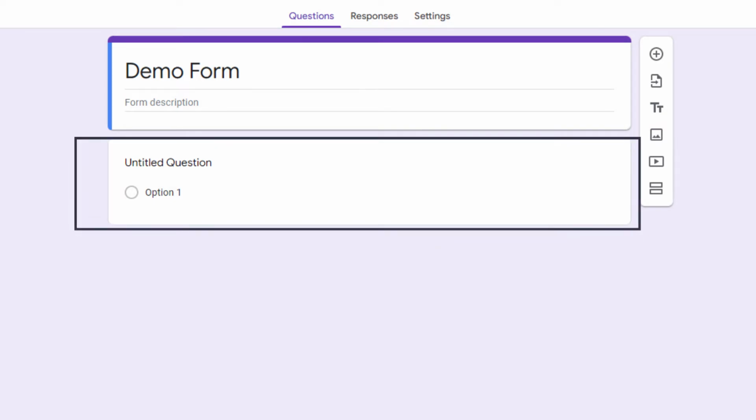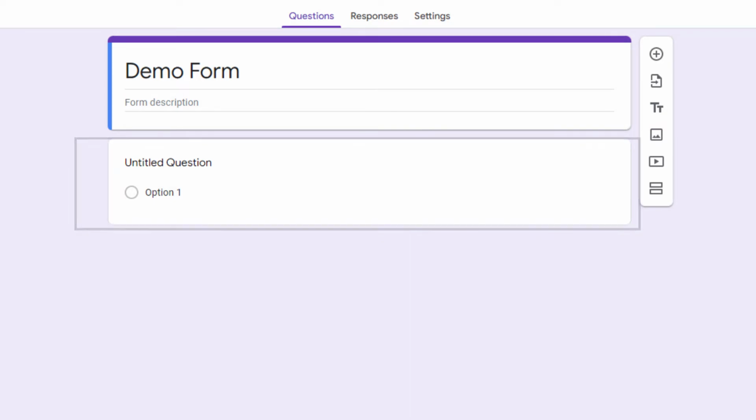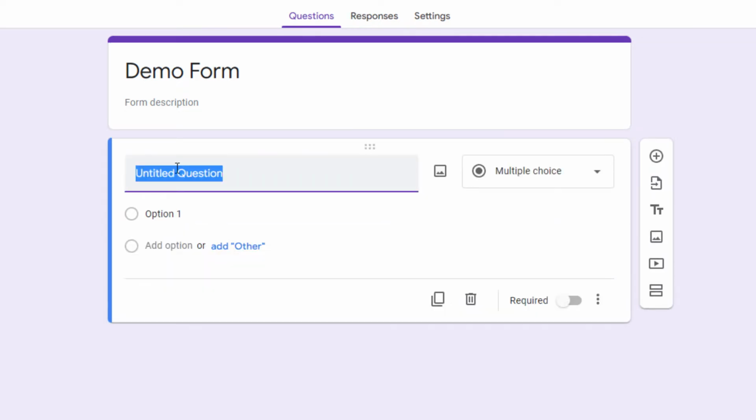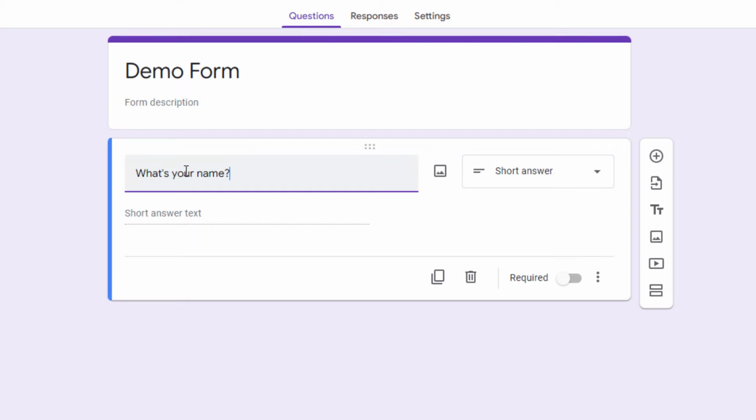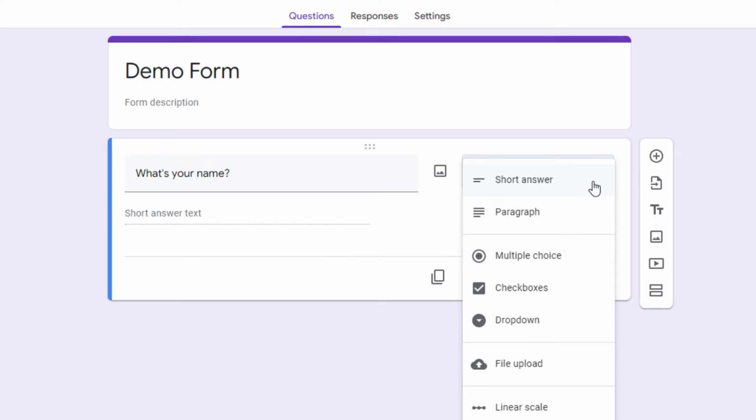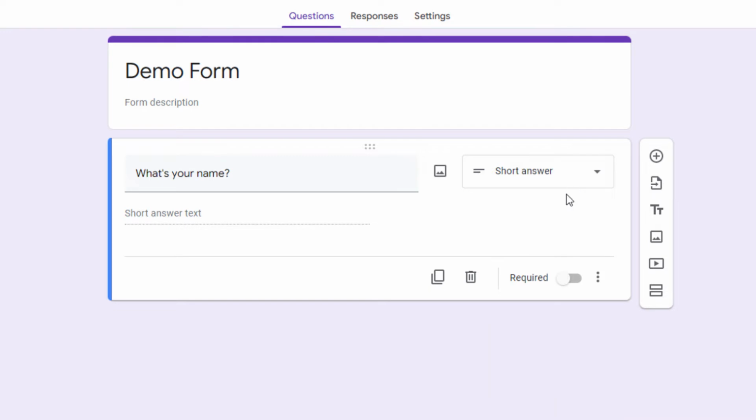Now it's time to add questions, and you do that here in the middle. The first one's been created for you. Just click on the top here to type your question. And a neat thing that Google will do is it will try to come up with the best question type for whatever you've asked. And we see here there's a bunch of different question types. I'm only going to cover the first three in this video. We'll cover the rest in a later one. So you've got short answer. That's for simple things. You get one line of text.